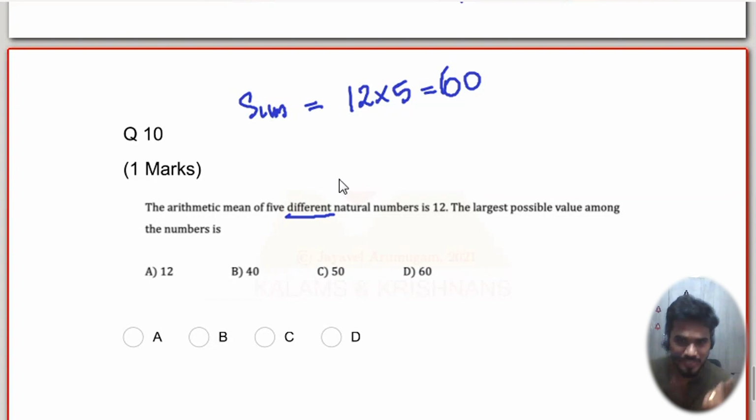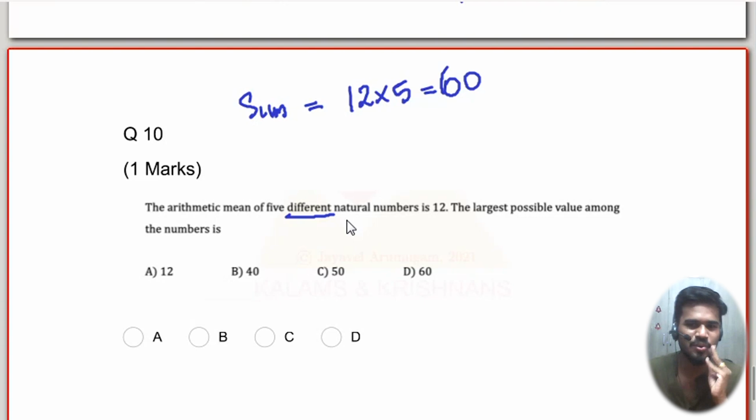Sivasankari raises one more point. Sir, 0 is not a natural number. 0 is a whole number. Yeah, but even otherwise, you could actually rule it out. It's an MCQ, right? 1 out of these 4 is the case. So 0, 1, 2, 3, and you don't have the right number here. 54 or something is not there. 0, 1, 2, 3 is 6. So if 0 is allowed, 54 is the answer, but for natural numbers, it's not in the options.